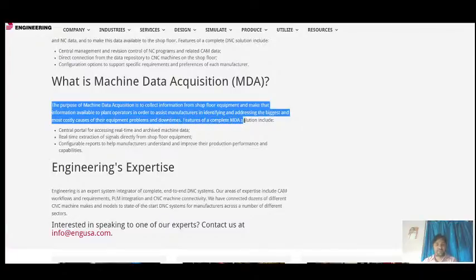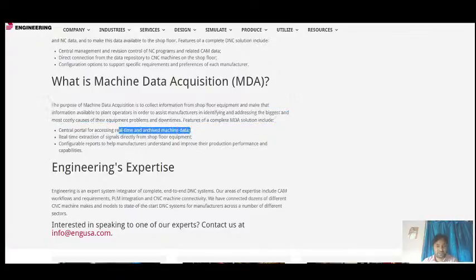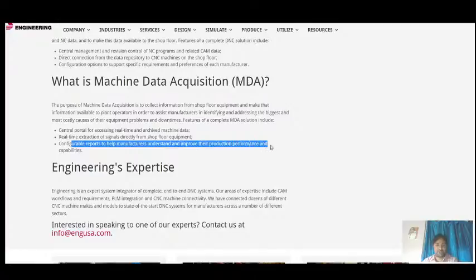Features of a complete machine data acquisition solution include a central portal for accessing real-time and archived machine data, real-time extraction of signals directly from equipment, and configuration reports to help manufacturers understand and improve their production performance and capability. As you can see from